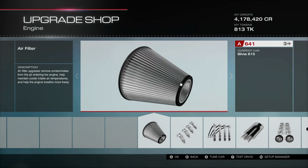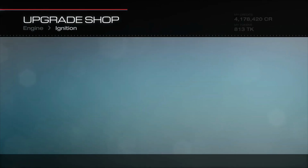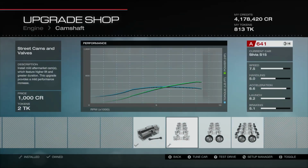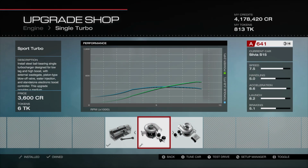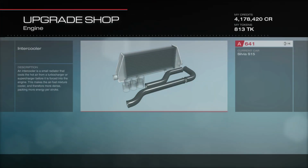So for the air filter, I've used the race upgrade. For the fuel system I use Sport. For the ignition I use Sport as well. For the exhaust I use the race upgrade. For the camshaft I'm using the street upgrade. For the valves I'm using the race upgrade. For the displacement I'm using the Sport upgrade. For the pistons and compression I'm using the race upgrade. For the single turbo I'm using the Sport upgrade. For the intercooler I'm using the race upgrade, and as well for the oil and cooling, and the flywheel is